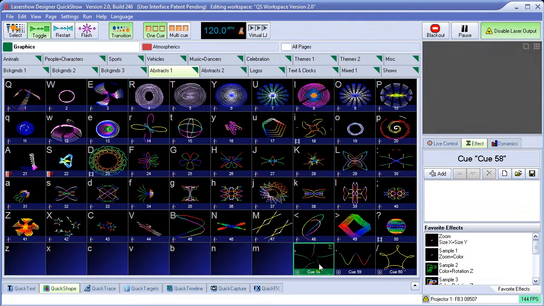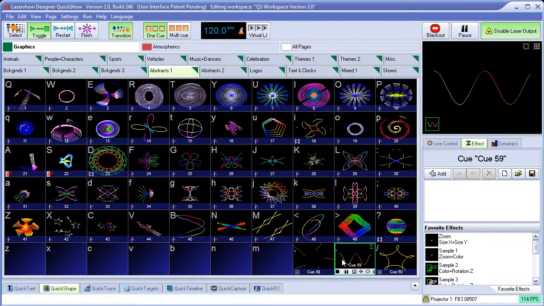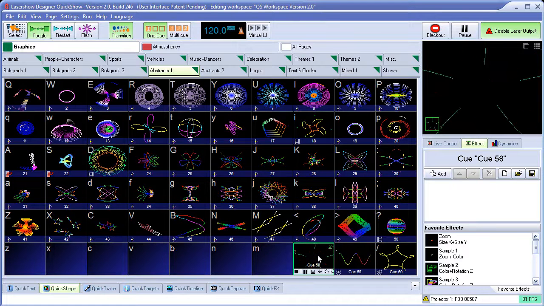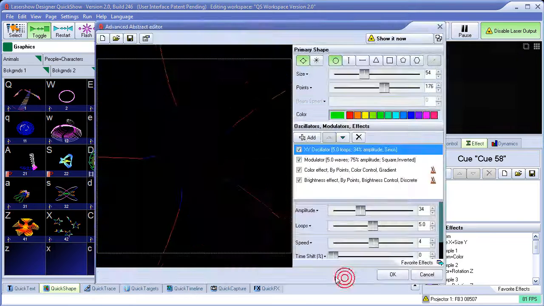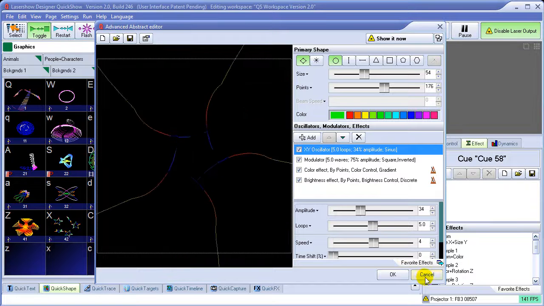Just like the text editor, where we can edit this just by dragging and dropping, another way that we can edit it, when you have an abstract that's made up of the quick text or the quick shape, as we do in this case, if you right click it, you'll have this menu here that says edit abstract. So we can click on that and come up with the full abstract generator,